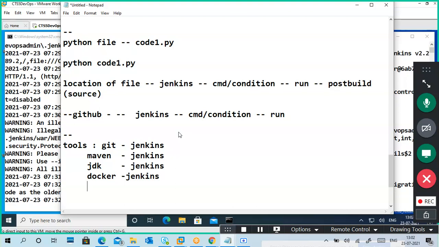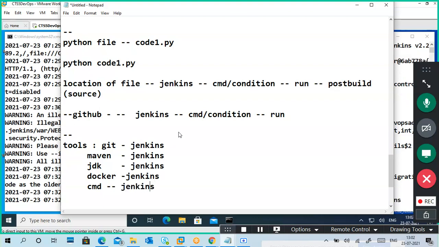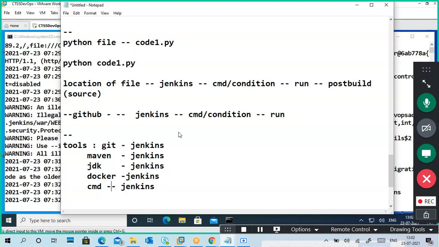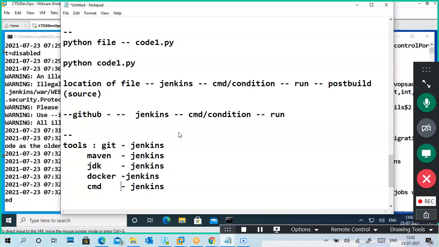Jenkins doesn't have any tools of its own to do something. Your CMD command prompt, you can link to Jenkins. If you are using Linux subsystems, you can connect it to Jenkins.